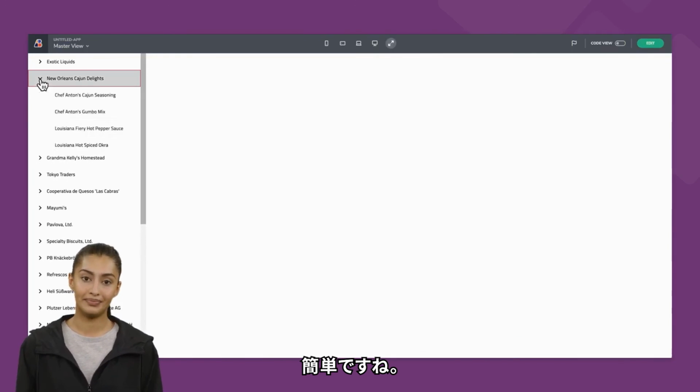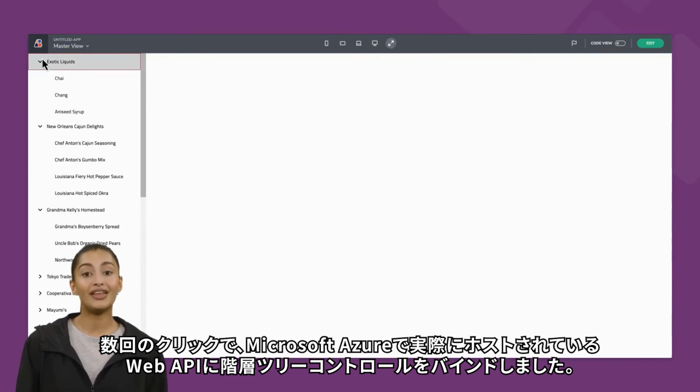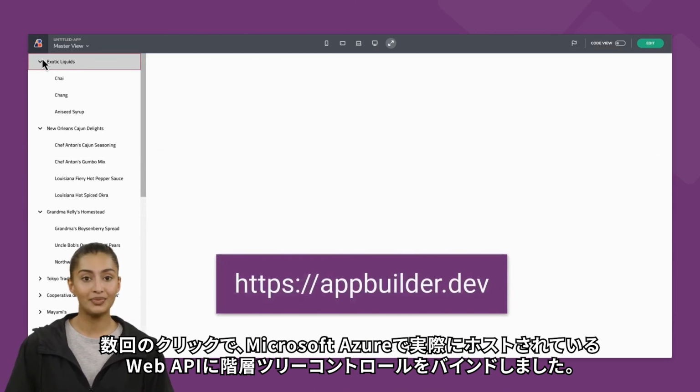It's that simple. In a few clicks, I bound a hierarchical tree control to a live web API hosted in